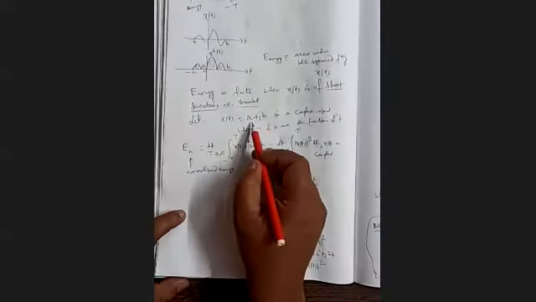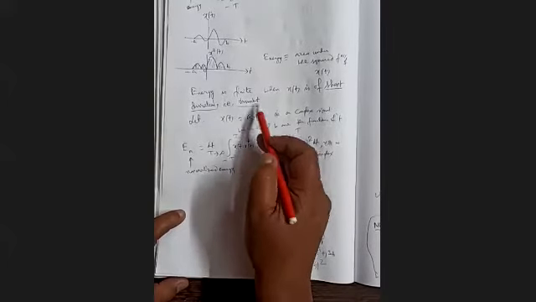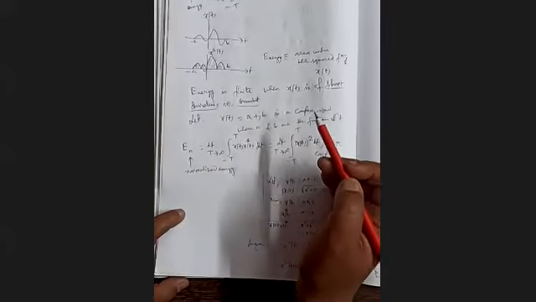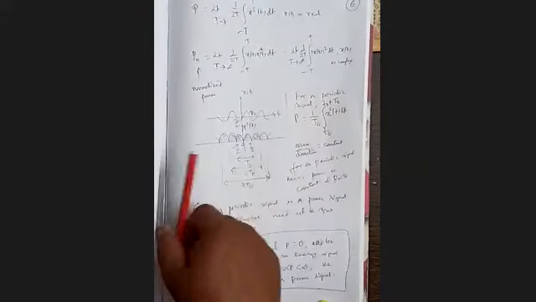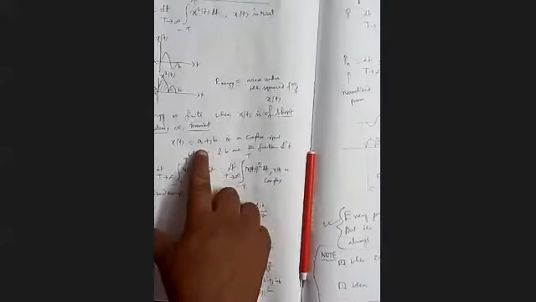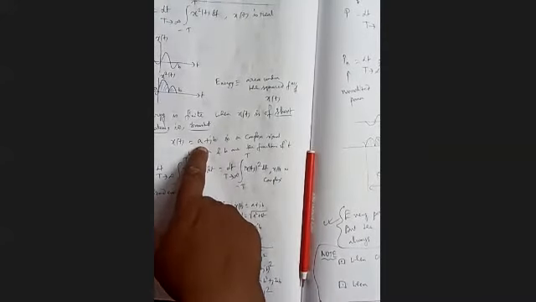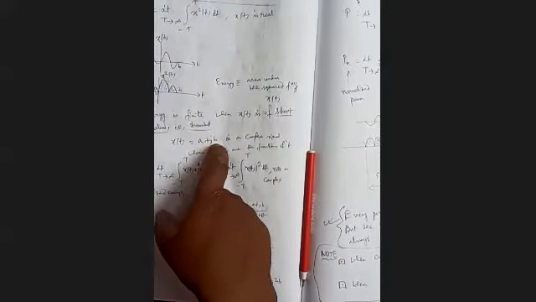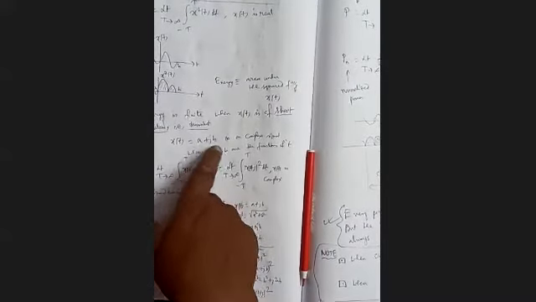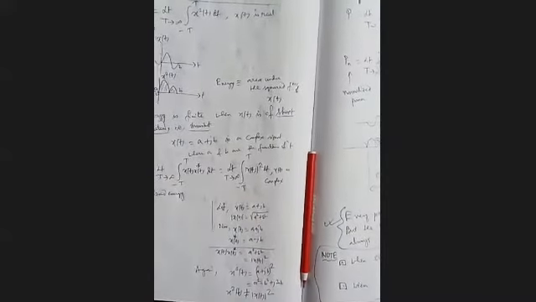Simple. TA is the time period of A and TB is the time period of B. So we have to take the LCM of TA and TB, so our T0 will be the LCM. As an example, say TA has a value of 6 seconds and TB is 4 seconds. What is the LCM of 6 and 4? It is 12.